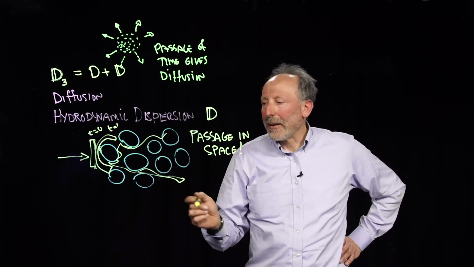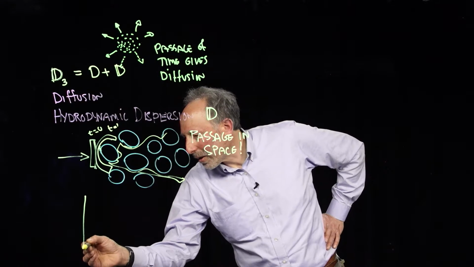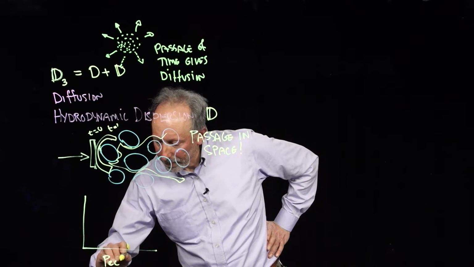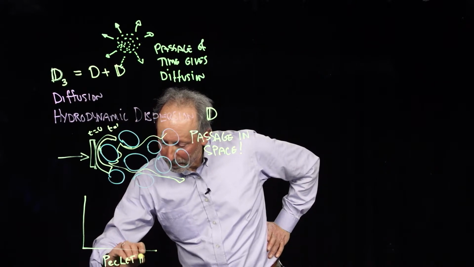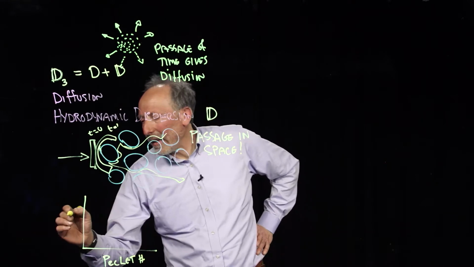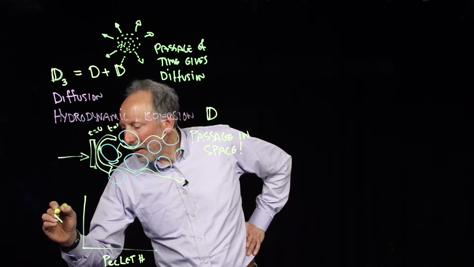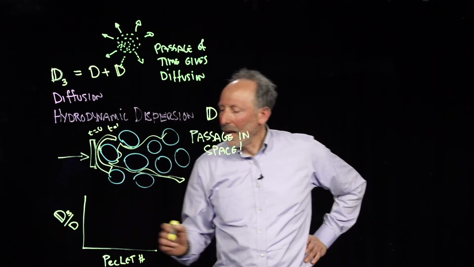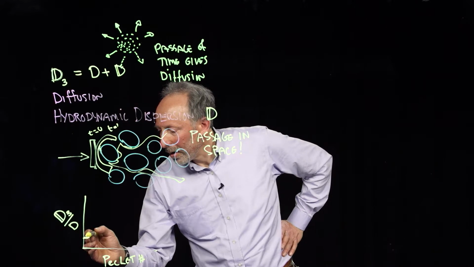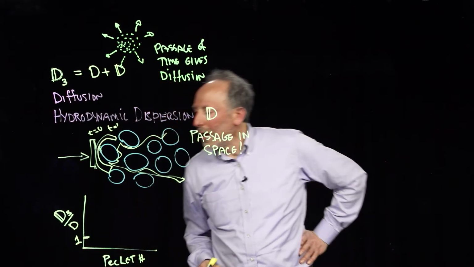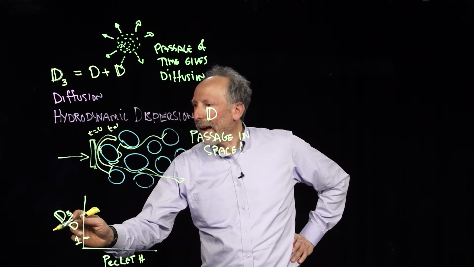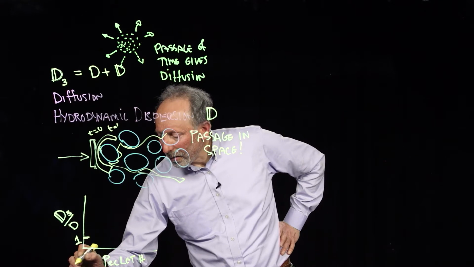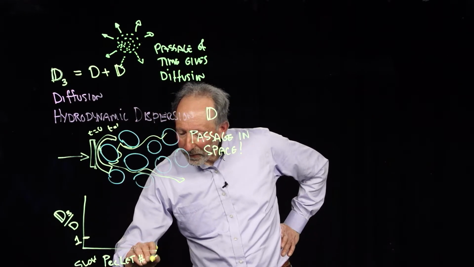And what we do then is we draw what's called, we calculate the Peclet number. And what it is plotting is the effective hydrodynamic dispersion over the diffusion. So at low Peclet number, this has a value of 1, which means that this is equal to that, so that just it's diffusion dominated. So when things are going slowly versus fast,